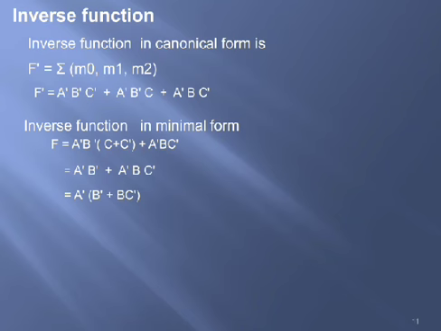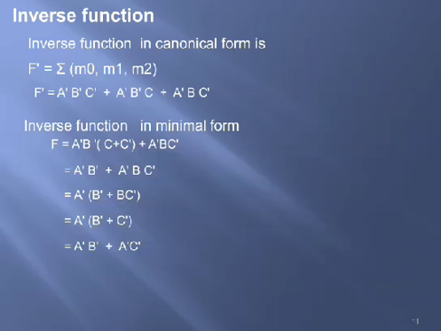A bar into b bar plus b c bar. So again this b bar plus b c bar, you can write it as b bar plus c bar. So if you expand this, the total minimal SOP form for its complemented function f bar is equal to a bar b bar plus a bar c bar. So this is the minimal SOP form for its complementing inverse function, for the inverse function.